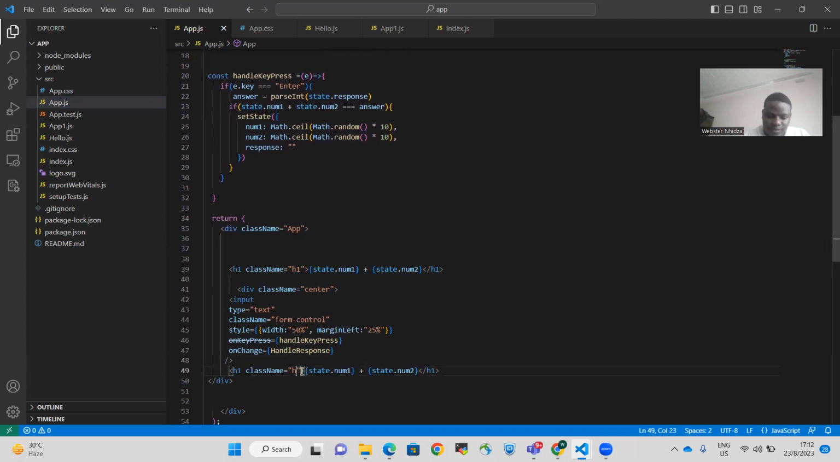Probably let's put something which is smaller. H3. So let me remove these ones. So here, dot score, like this. So this is it, and now I think